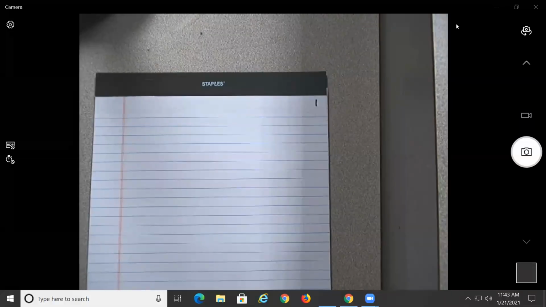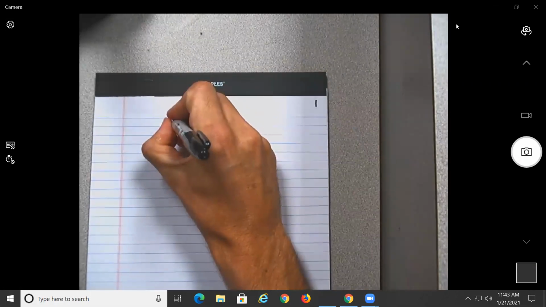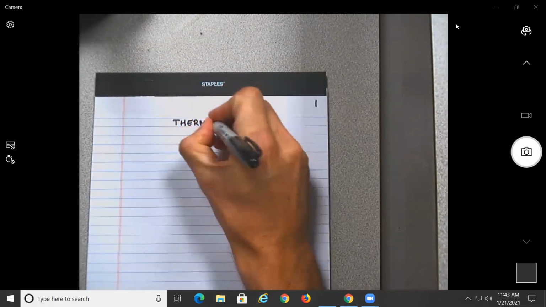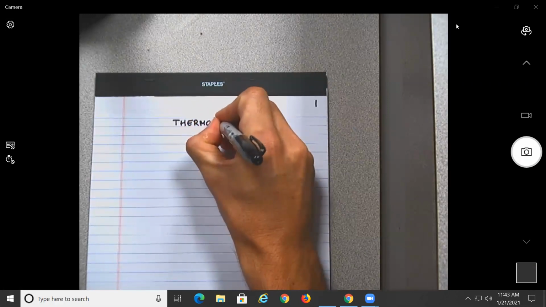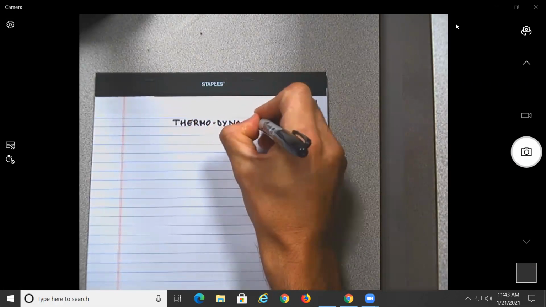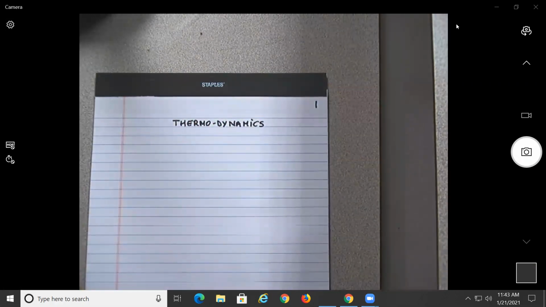All right, so let's get started over here. So this class is entitled Thermal... I know it's one word, but I'm just breaking it into two different parts. So what do they call it? Thermodynamics. So thermodynamics